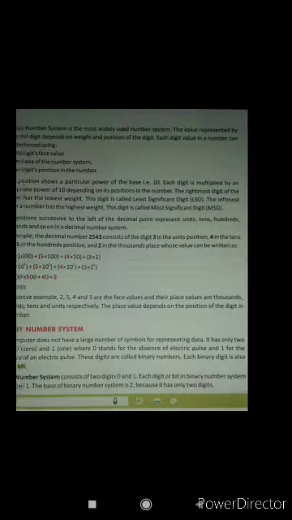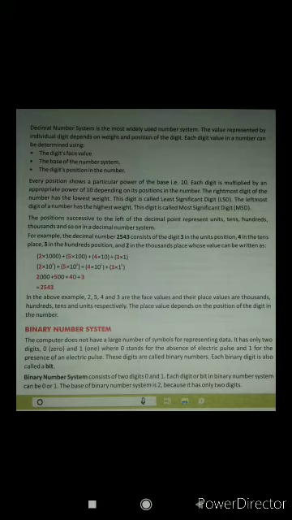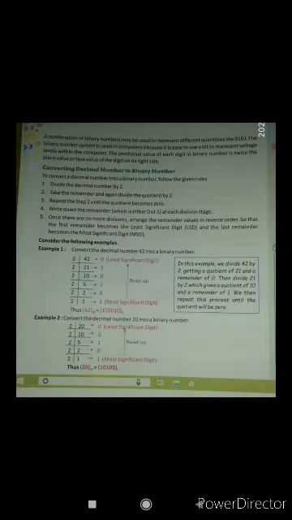So you can see here, once written there, 1 to the power 0, then 10 to the power 1, 10 to the power 2, 10 to the power 3. Like this, in the binary system we will see 2 to the power 0, then 2 to the power 1, 2 to the power 2, 2 to the power 3, like here you can see. So the next topic is converting a decimal number to binary system, in order to understand what's written there in binary.